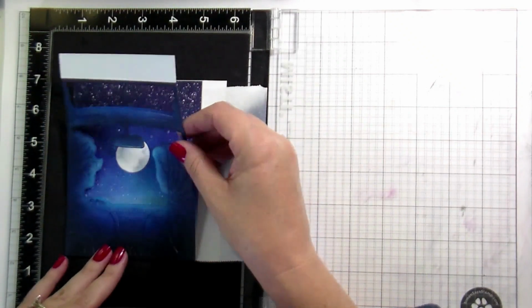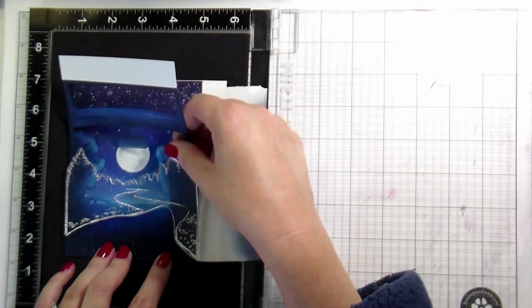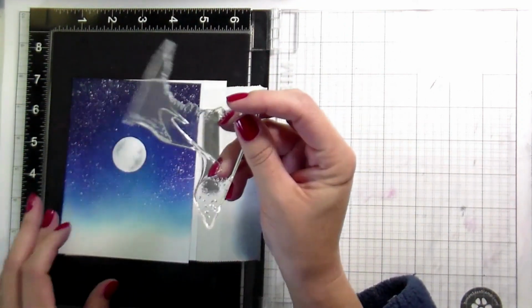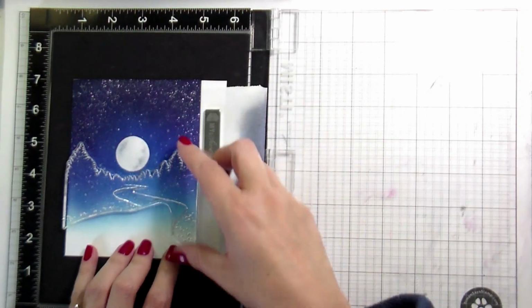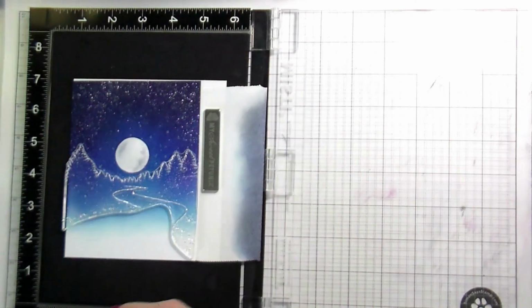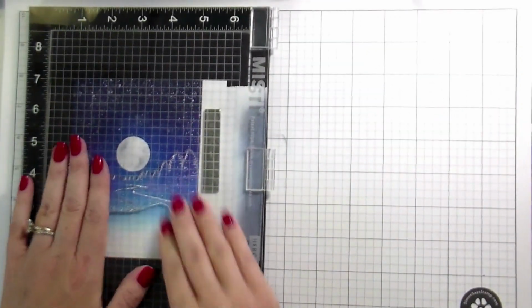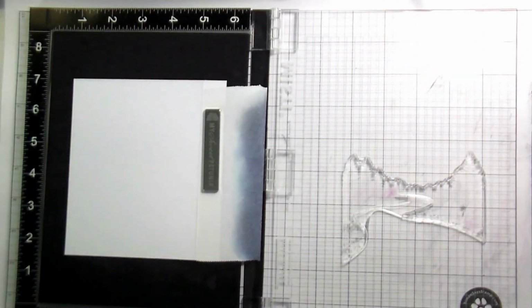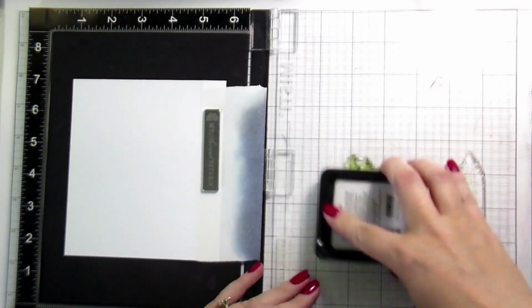So here, I'm going to line everything up. This is the scene I've got going on, which would be pretty on its own. But I wanted to use this winding road, and this is a layering stamp set. So I'm not going to be stamping it on these backgrounds, but I do need the background for placement. So I have my scored piece already underneath it. I'm going to use the inked piece to get my placement, and then I'm going to remove it to stamp